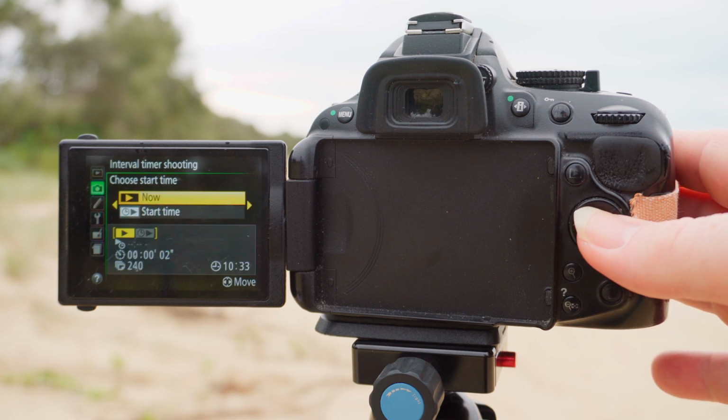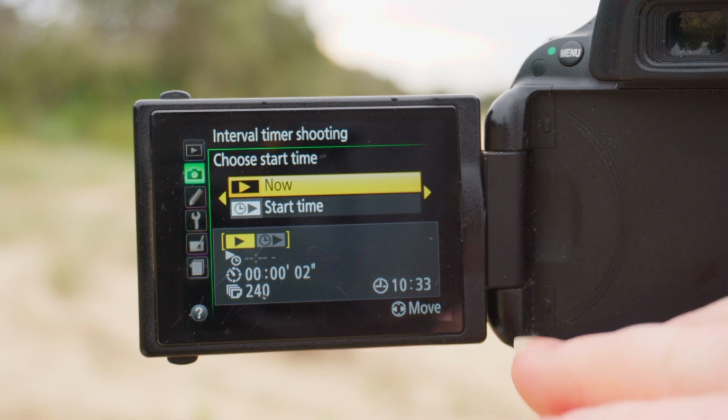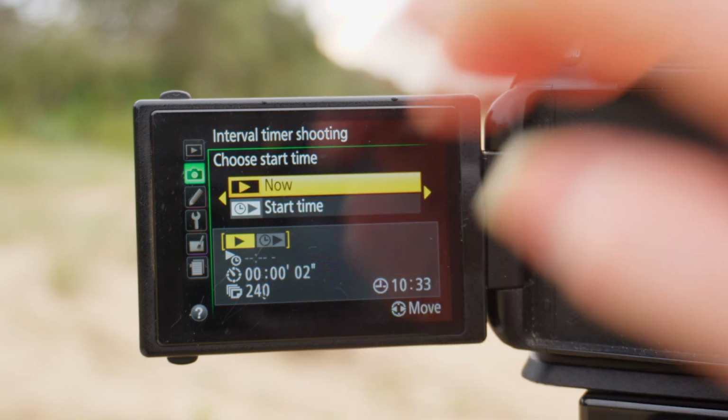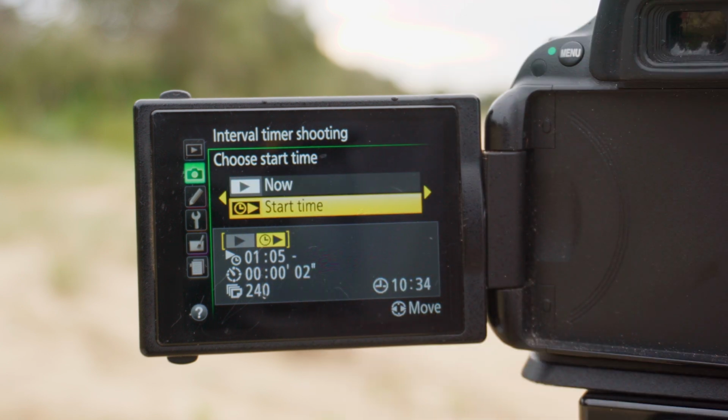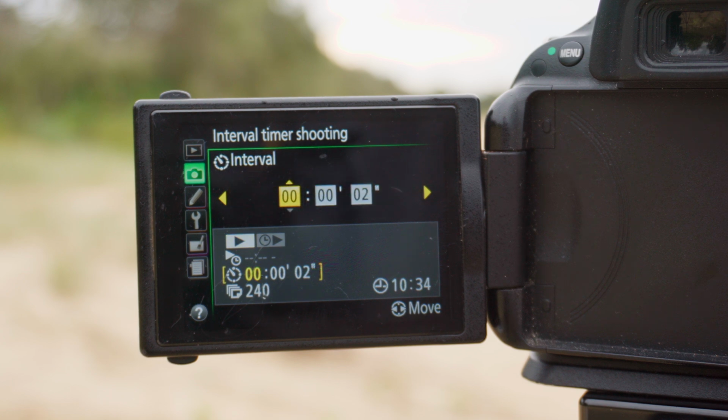So you press your OK button to go in there. You can see in this first page of the interval timer shooting, we can choose our start time. You can either choose it to start now, so that'll start immediately, or you can choose a time. Now in order for you to do that, you must make sure, of course, that the clock in your camera is set correctly. We're just going to choose now, and then you go across with your multi-selector.